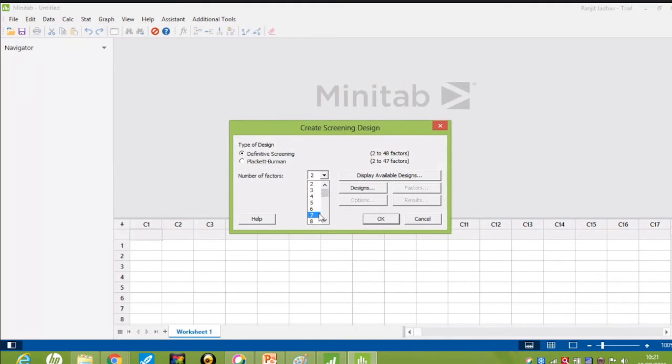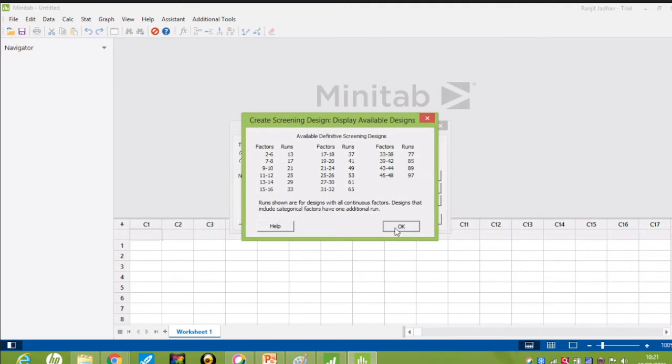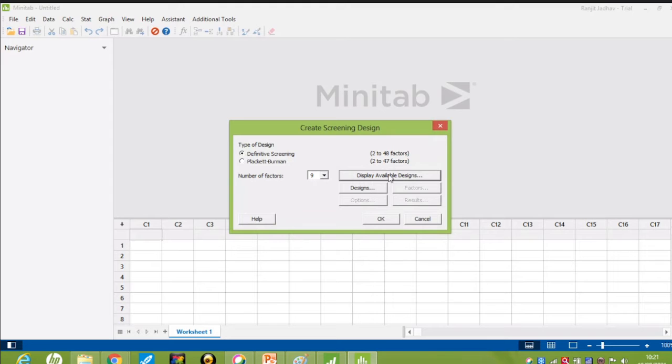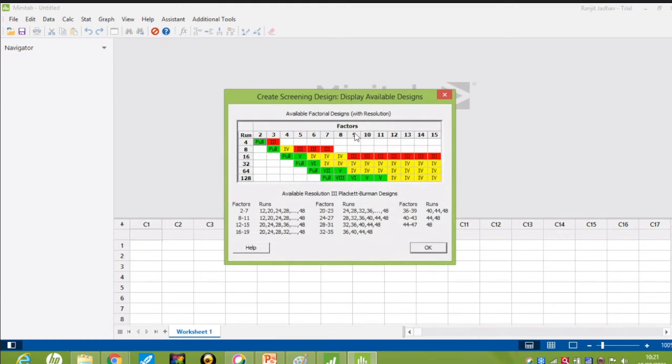Here we had selected 9 factors. And with 9 factors in Plackett-Burman, you have to go for a minimum of 32 runs.